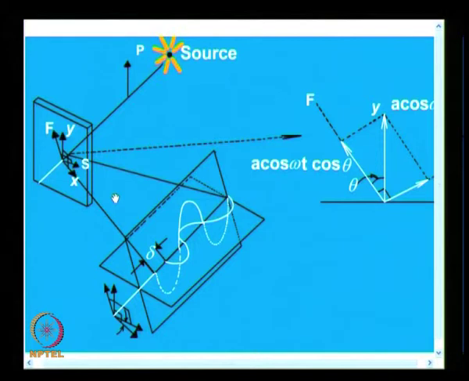I will repeat the animation, then you will understand. So, what you find here is I have a natural source, I put a polarizer, I know definitely what kind of light impinges on the crystal plate, and this splits into two rays when it enters the model. Depending on the angle theta, you will have the amplitude as A cos theta into cos omega t, that is the expression for the light vector, and you will have this as A sin theta cos omega t, and within the model, which is shown in an expanded fashion,